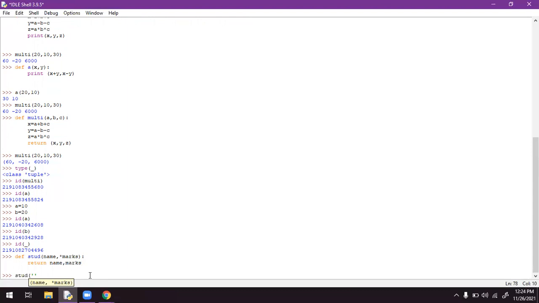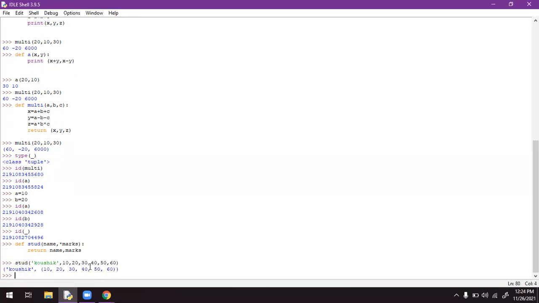The student name is Kaushik. The marks are 10 comma 20 comma 30 comma 50 comma 50 comma 60. If I hit enter, I get the student name as well as the marks.